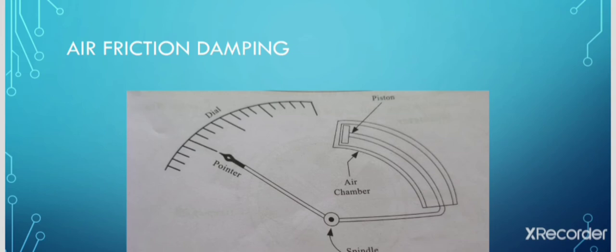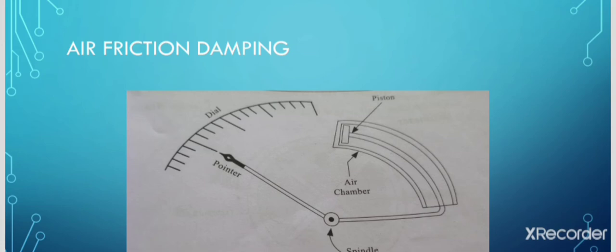When the pointer starts its oscillation, the piston will move into and out of an air chamber. When the pointer is starting its deflection, the piston rod will move into and out of the air chamber. When the piston moves into the chamber, the air inside the air chamber is compressed, and the pressure of air will build up, which causes the opposing motion to the piston and produces the damping torque